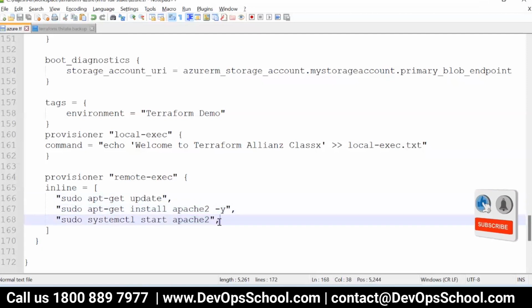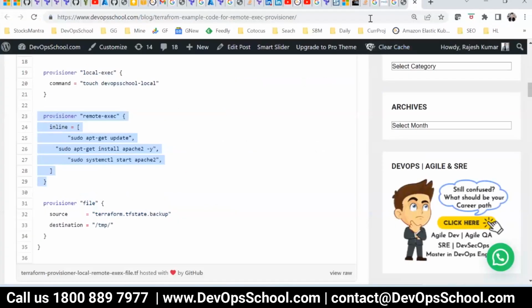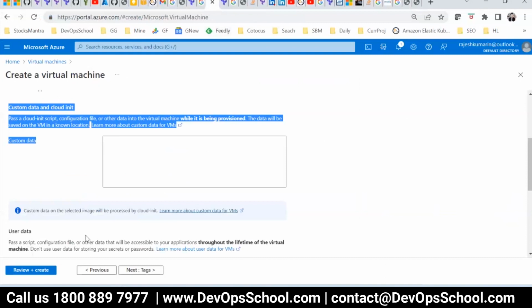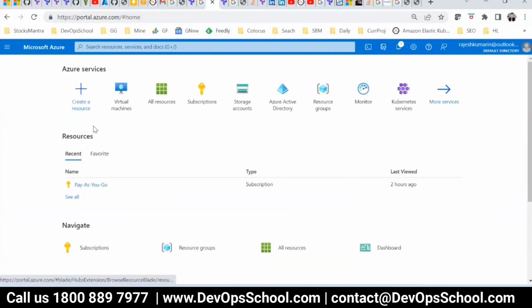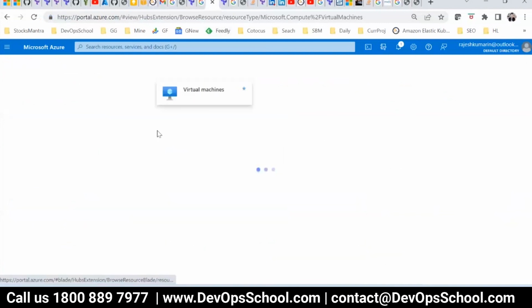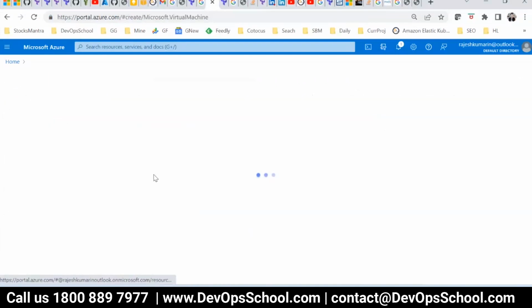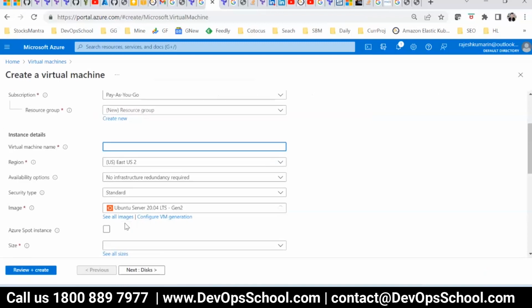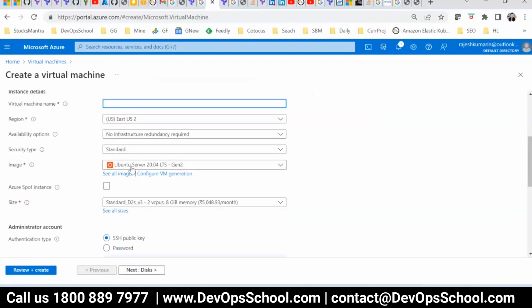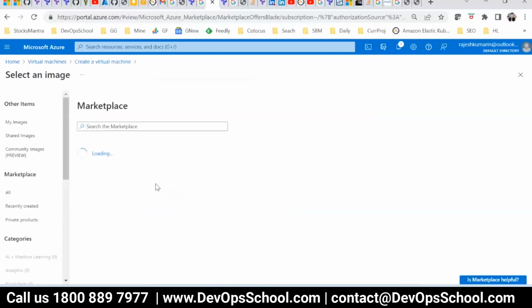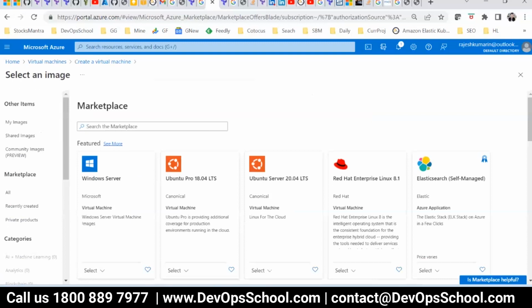But for that, you know what you need? An Ubuntu machine. But the problem here is, I just need a second. Just give me 2 seconds. Create virtual machines, and here Ubuntu. So what is the ID for this? How do I get the ID?